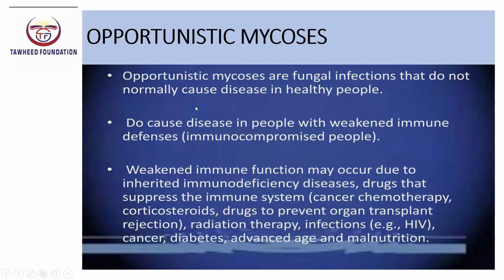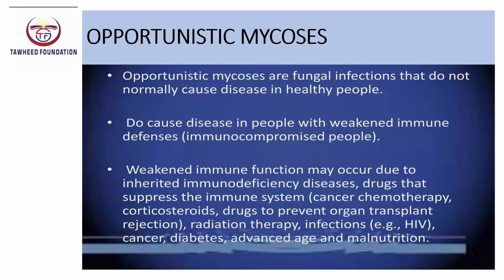Opportunistic mycoses are fungal infections that do not normally cause disease in healthy people. They cause disease in people with weakened immune defenses, that is, immunocompromised patients. Weakened immune function may occur due to inherited immunodeficiency disease, or drugs that suppress the immune system, such as in cancer chemotherapy, corticosteroids, drugs to prevent organ transplant rejection, and radiation therapy. Infections include HIV, and also cancer, diabetes, advanced